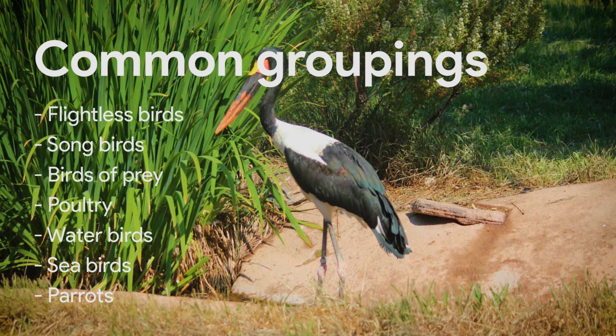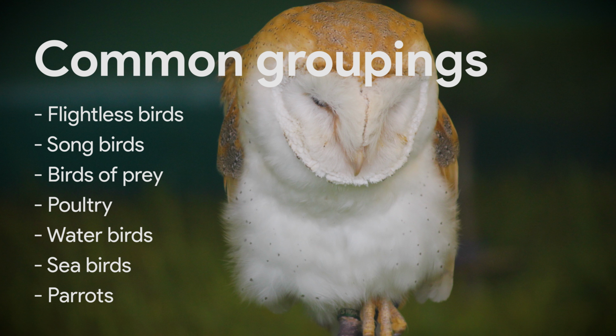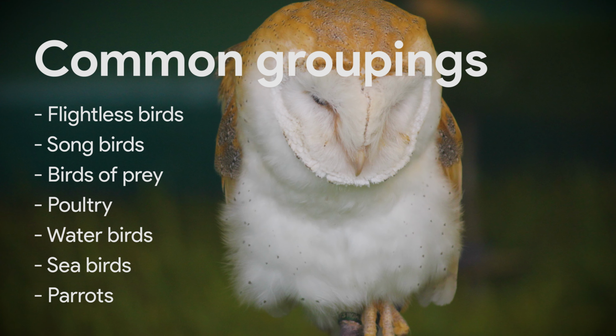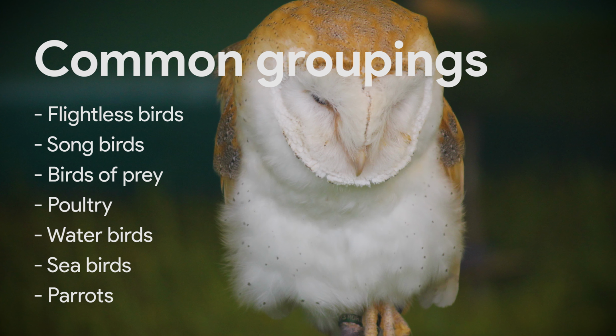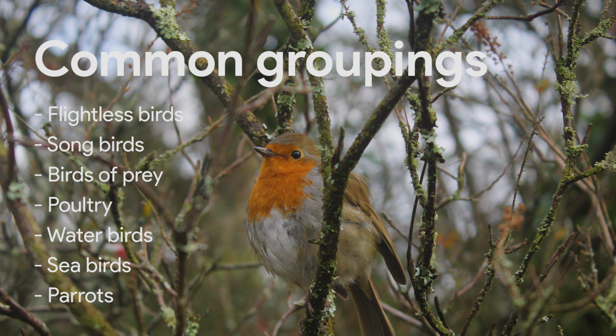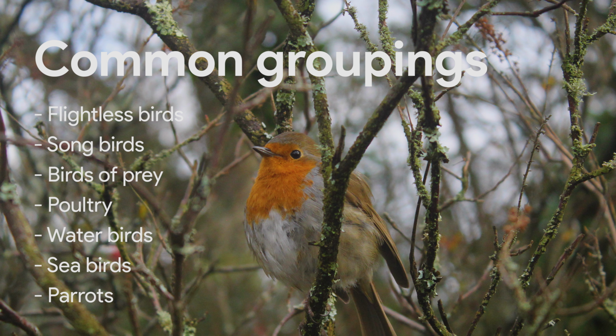Some of the more important common types of birds are the flightless birds, songbirds, birds of prey, poultry, water birds, seabirds, and parrots. Other groupings used include migratory birds, game birds, filter feeders, ground-dwelling birds, diving birds, raptors, pelagic birds,